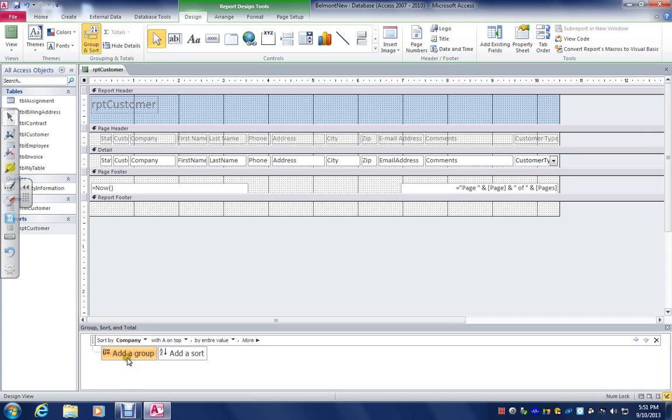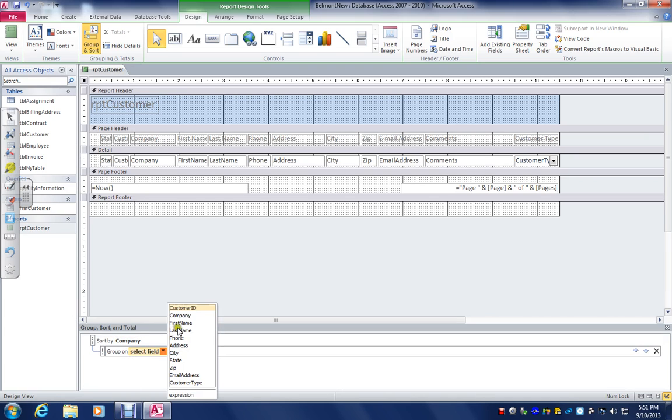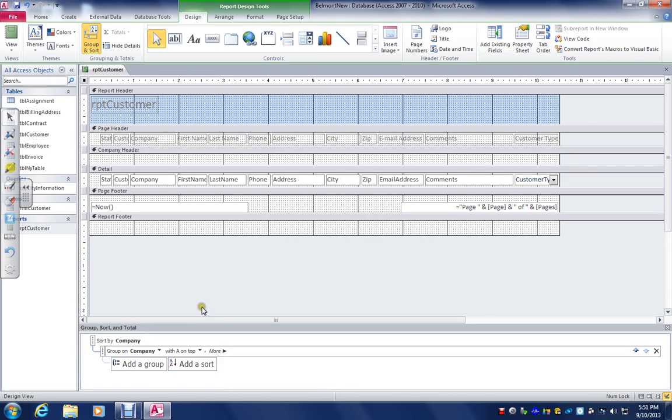And then I can add, or in this particular case, I can add a group on company. There it is. And you'll notice that we've just added an additional row. We've got report header, page header, company header, detail, footer, and report footer. Now, if we wanted to go ahead and do summing, for example, on this one, we could also add more,